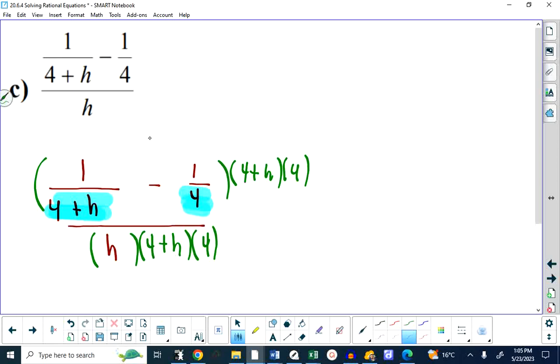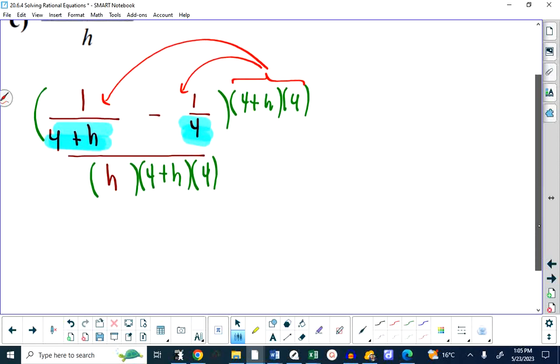So on the top, I have a binomial. I'm going to multiply both of these by that and by that. When I multiply both of them by the first term, the 4 plus h's will cancel, and I will only be left with the 4 minus. When I multiply these two factors by the 1/4, the 4's cancel, and I'm left with 4 plus h